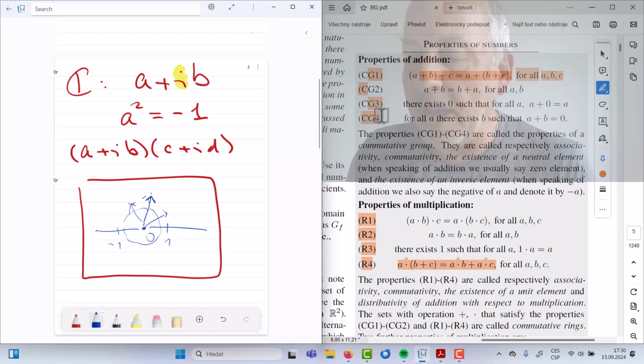And then what we do is we look at the angles and we add the angles. If we expect that this could be the right operation for multiplication, just multiplying the distances and adding the angles measured from the real line, from the number 1, then clearly the